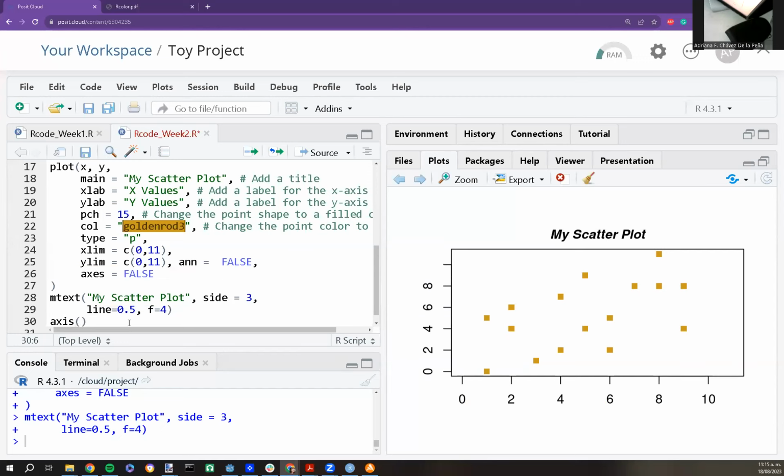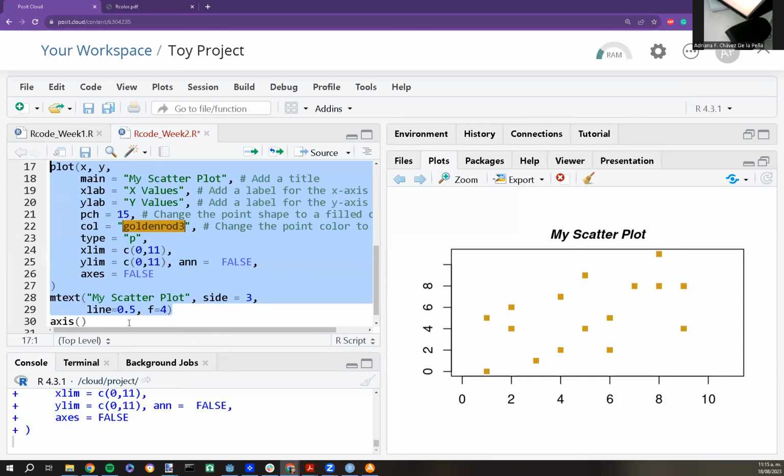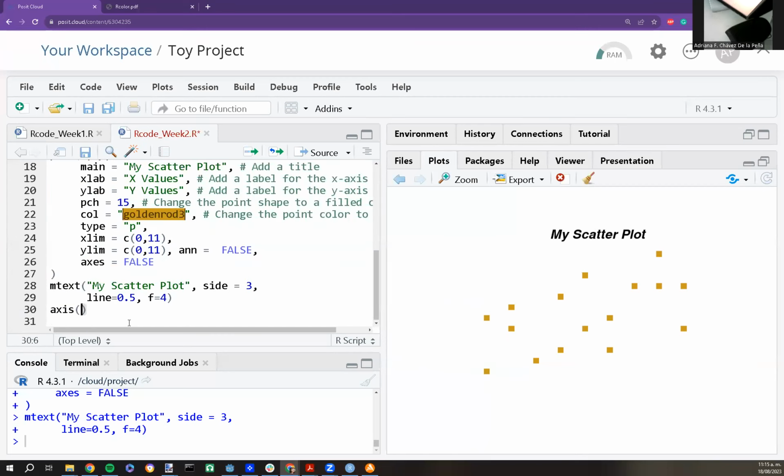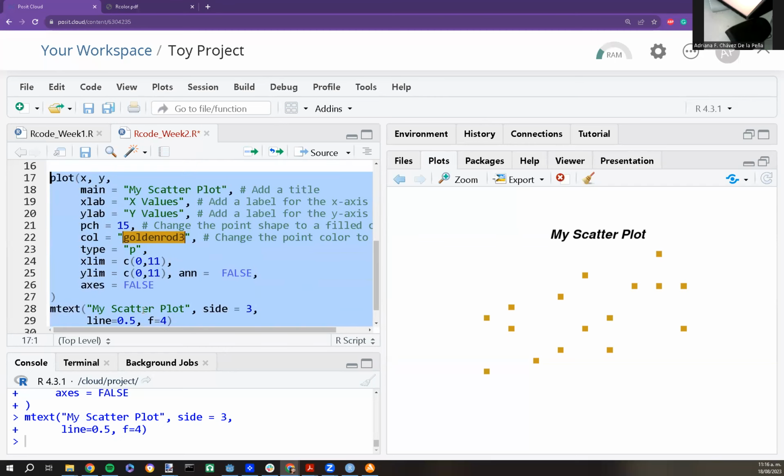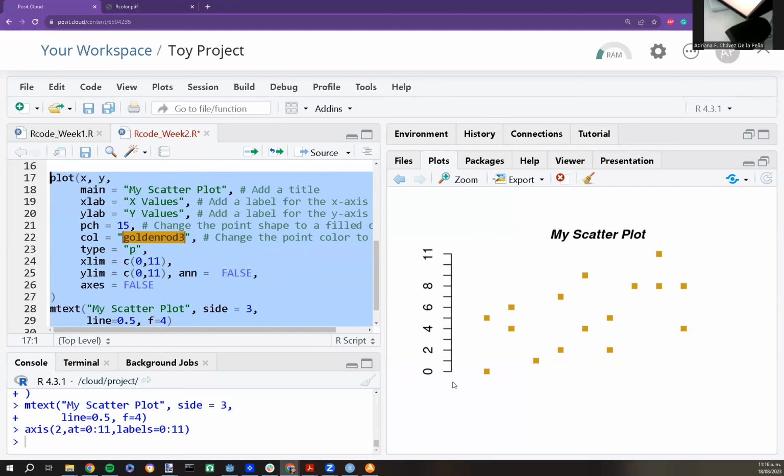So let us just say, for example, that I want to place an axis, because currently my plot does not have an axis. Let us say that I want to place an axis at the second side. So this is going to be on my y-axis here: 1, 2, 3, 4. And say that I want to place it at all values between 0 and 11, right? Because those are the boundaries of my plot. And for the labels that I want to place at each of those locations, let's keep just the same numbers. So again, if I run this whole thing, I would get back my y-axis,